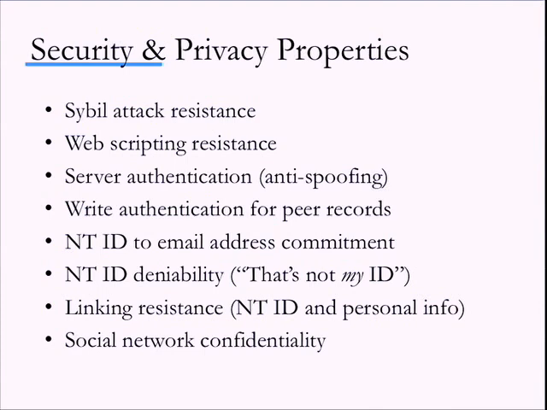We have a hash NetTrust ID to email address commitment that I'll show you in data structures that says that can be used for an authentication. I can say, here's a random number and my email, and that generates my NetTrust ID. But because we put the random number in there, if you come up and say, oh, this is Jean's browsing history, I can say, no, it's not. You just did an attack on the random number. And that gives us linking resistance and social network confidentiality.